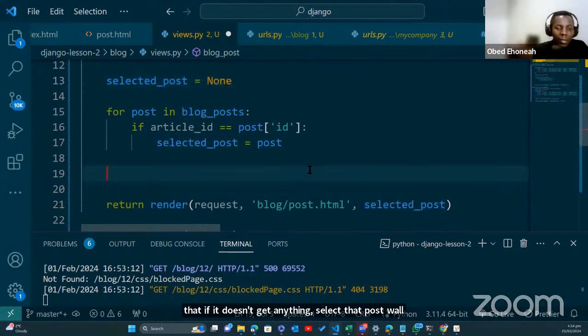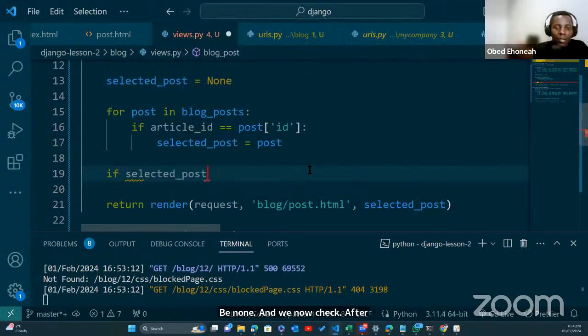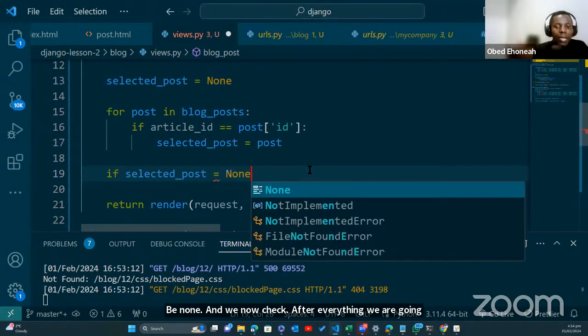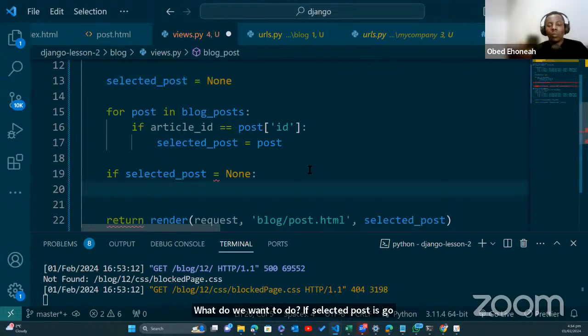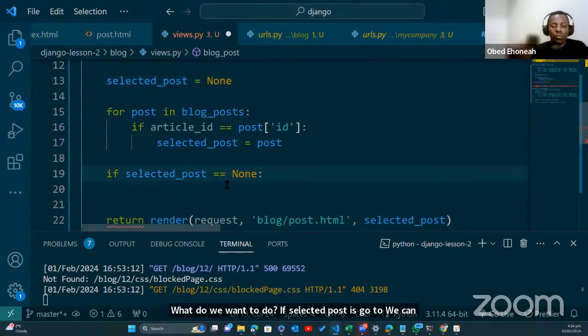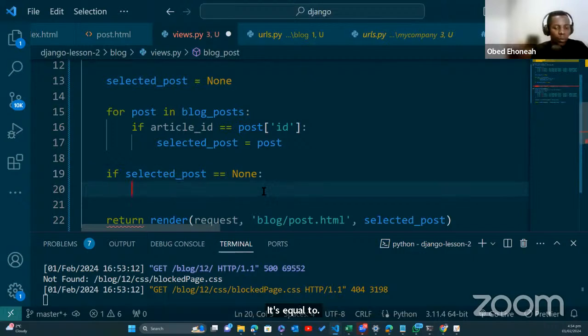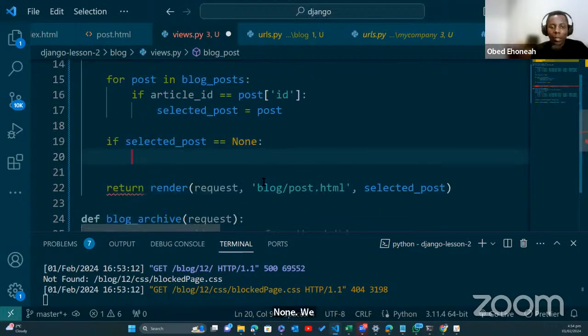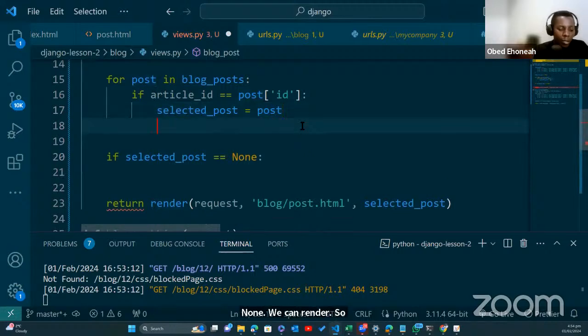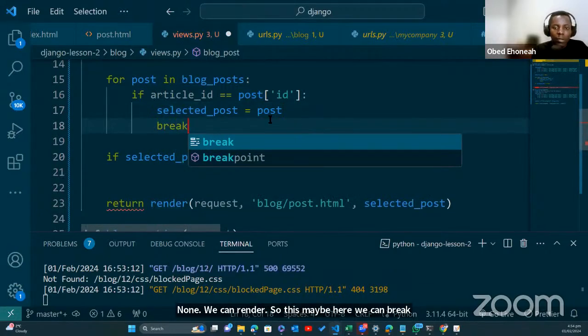Good. And we now check, after everything, if selected post is equal to none. What do we want to do? If selected post is equal to none, we can render, maybe here we can break out as soon as we find it,